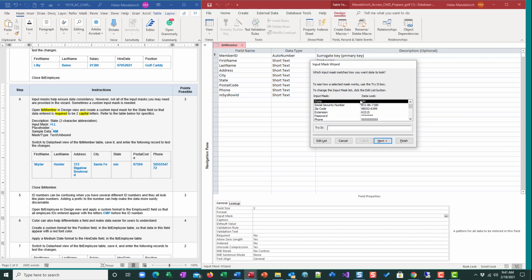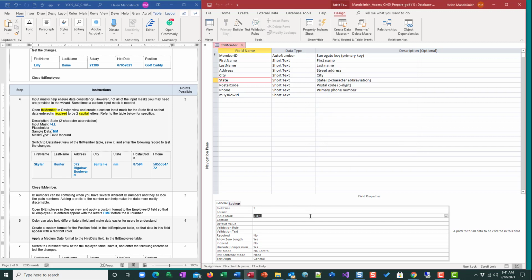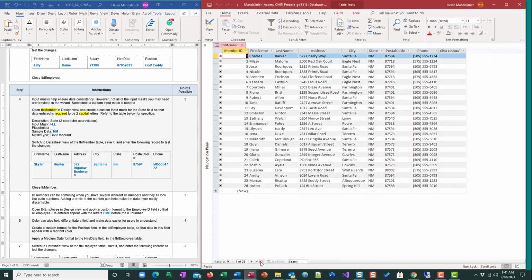We're going to pick it, next, and I'm just going to do next and finish because there's really no symbols. So here is your input mask. We're going to save it. We're going to flip over and put in a new record,